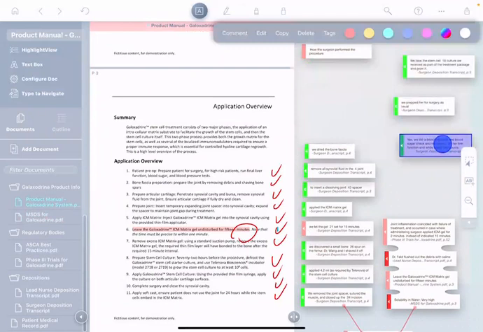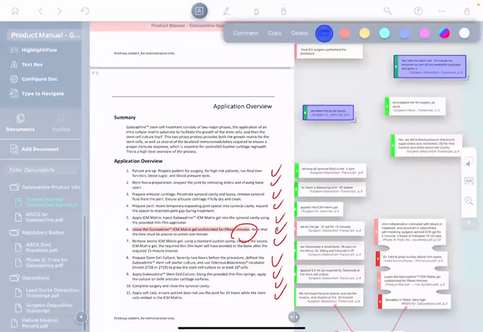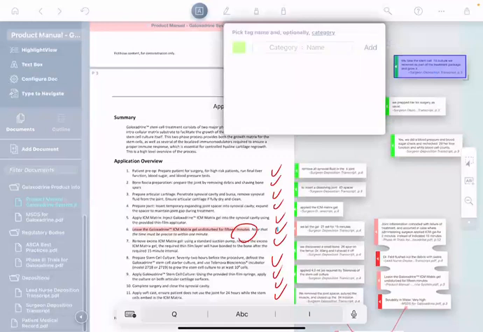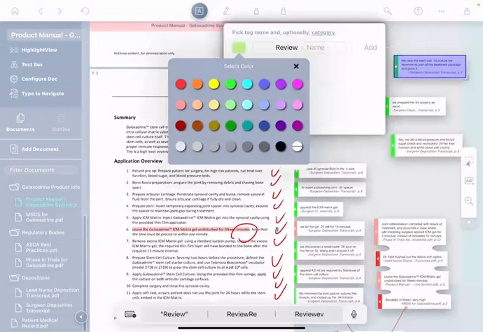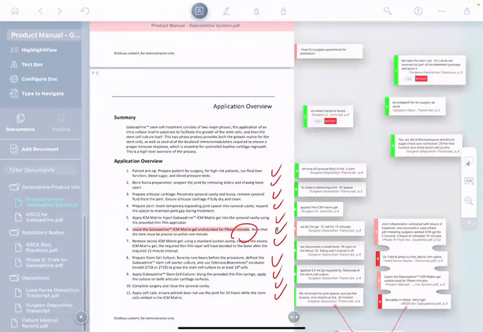And so what you might do, for example, is let's say we click a couple of these excerpts here and I go to tags and I might say review, and maybe I pick red as the color and I'll say mistake, because maybe I think in these two cases, the physician made a mistake. So notice what's happened. It's added a little mistake tag to these excerpts.